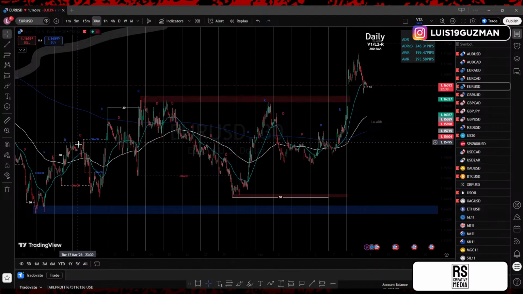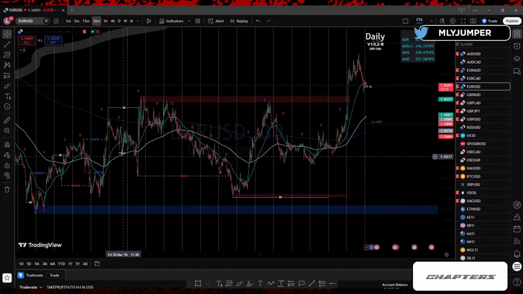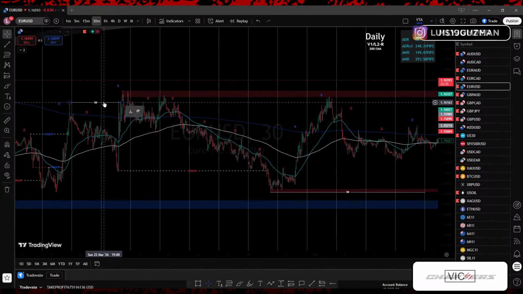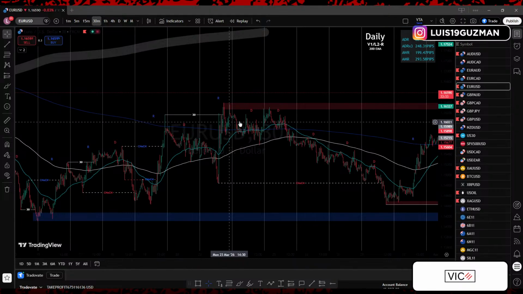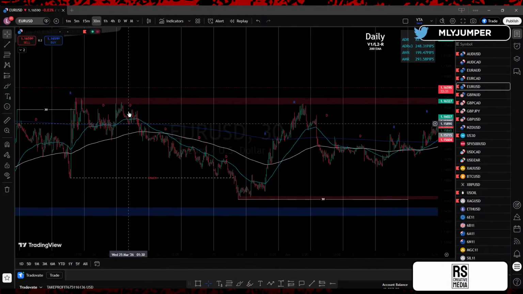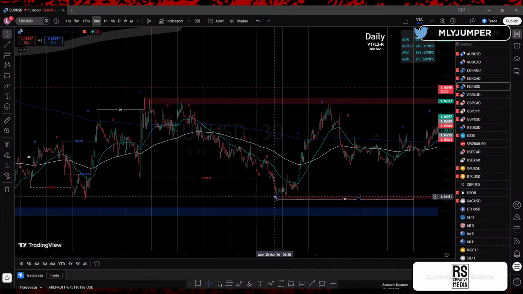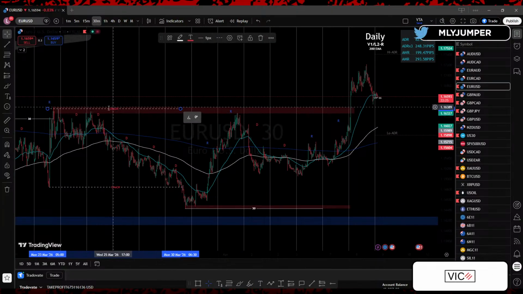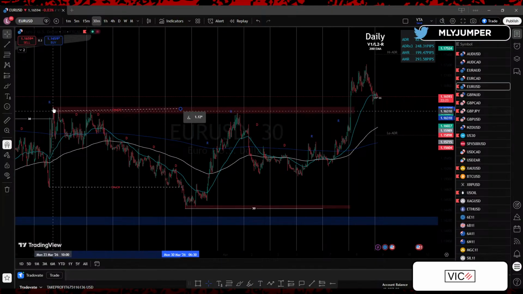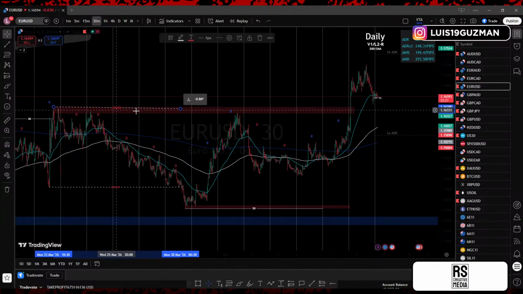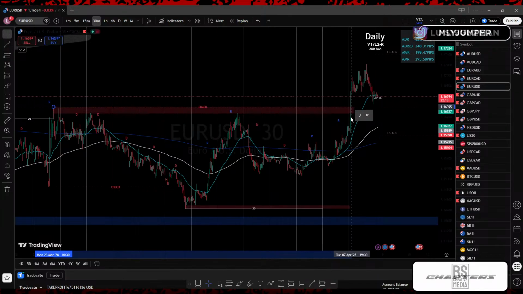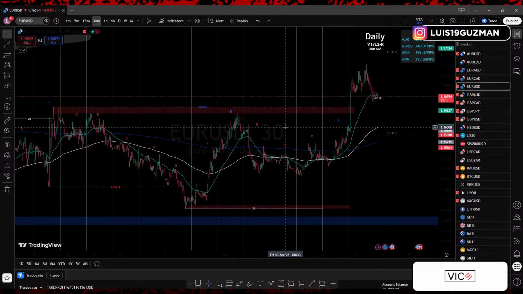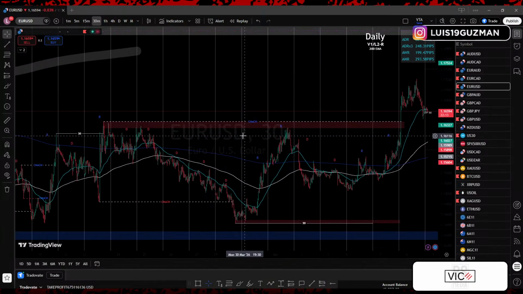Right? So we know we had the change of character, higher high, higher low. Price gave us a higher high, but it did not give us a valid break. It gave us the inducement. Then price came back down and gave us a lower low change of character. Then price came back up. And what did it give us? The change of character again, back to the top side. No problem. We already have our zone. We already know what we're looking for. Right? So we have a change of character now to the top side.